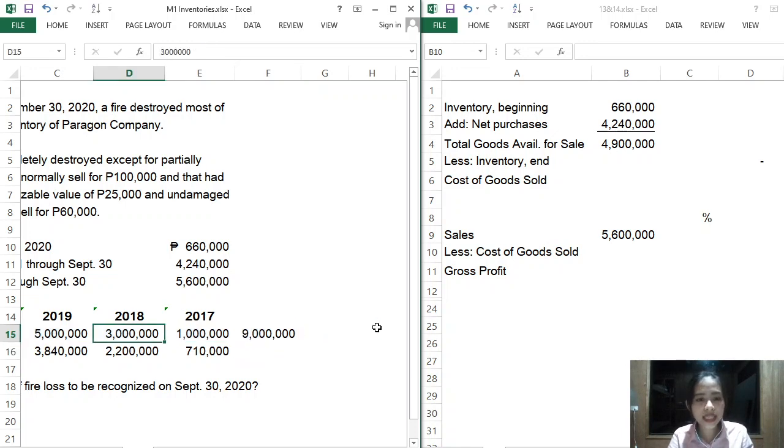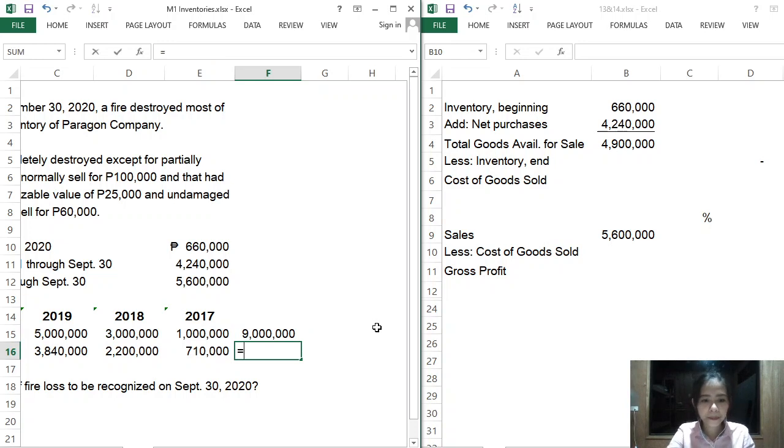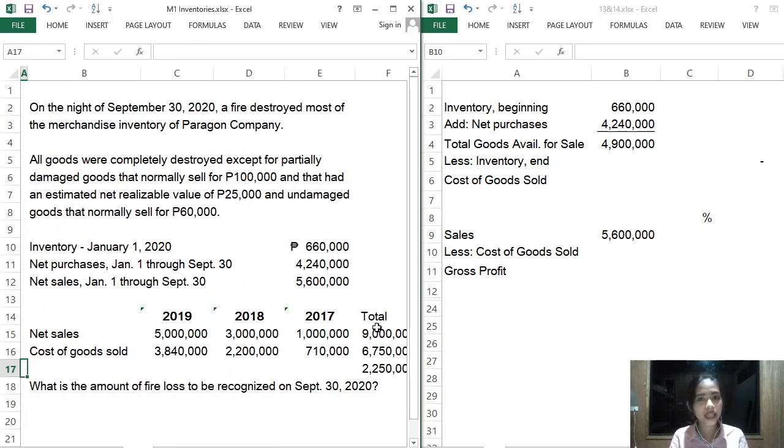We have total sales of 9 million. And we also have total cost of goods sold na 6,750. So, lagay natin dito total. Therefore, our gross profit is 2,250. So, kung 2,250 yung gross profit natin, let's try to compute, di ba pag default, we assume